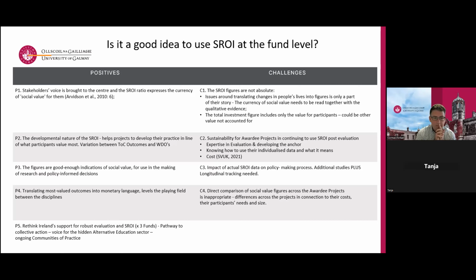Yeah. I think the second one, Cormac, that was really interesting is also this developmental nature of the SROI. On a project level, projects were able to see how their practice can develop in future, and they were able to compare their own theory of change outcomes with well-defined outcomes as we developed them together with the participants. Would you agree with that? Yeah, absolutely. We found about an 80% mismatch between the theory of change outcomes developed by the project staff or management, and the actual well-defined outcomes identified by the participants. So there was a lot of learning there for projects around the next steps and so on,